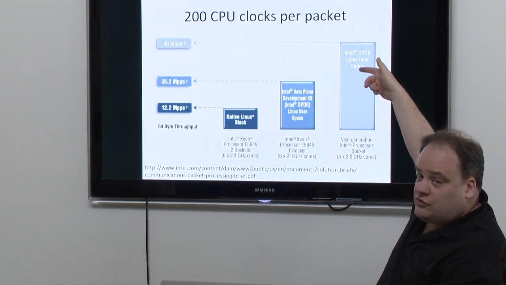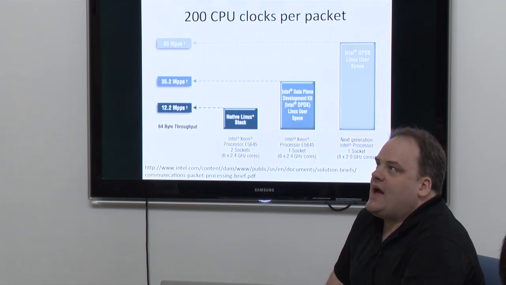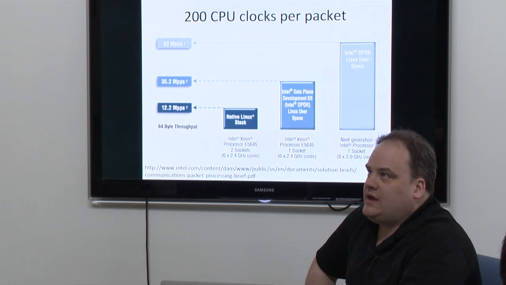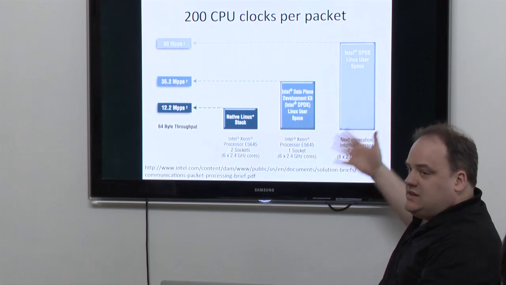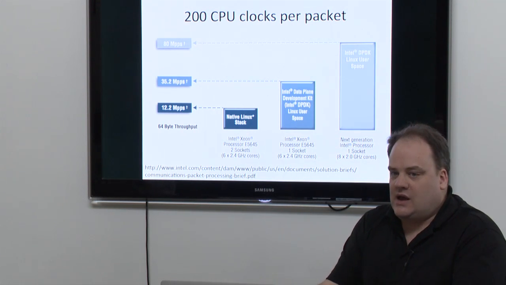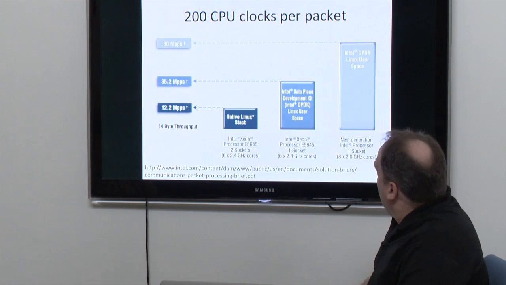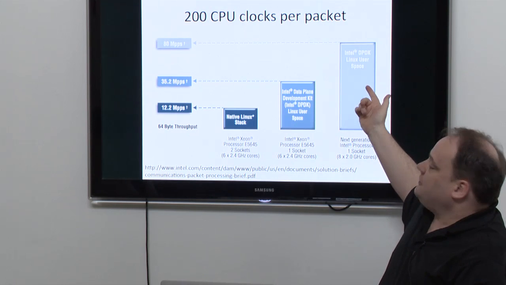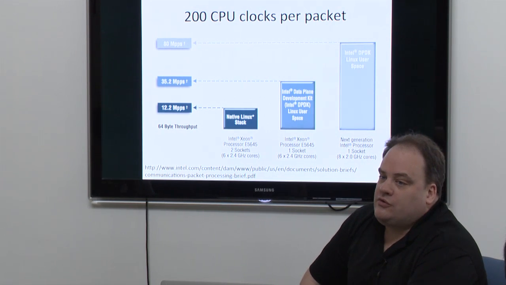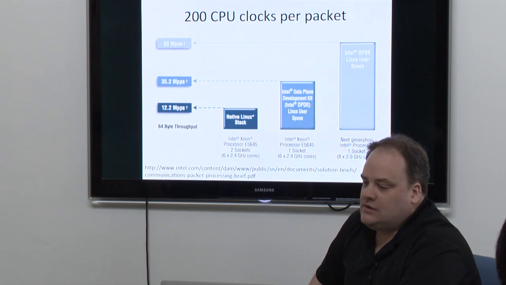Intel did this in user space, so it was DMA'd into user space and DMA'd out. Now, 200 clock cycles per packet is less than a single cache miss per packet. In the old days, these packets would be DMA'd into RAM. That would invalidate the cache lines, which means reading it back out again would be a cache miss, probably 300 clock cycles per packet. The reason it's less than one cache miss is that these days, Intel hardware DMAs the packet into the cache. It doesn't even hit memory. So you can get a packet coming in and back out of the system without it ever hitting memory, on average, on a per packet basis.